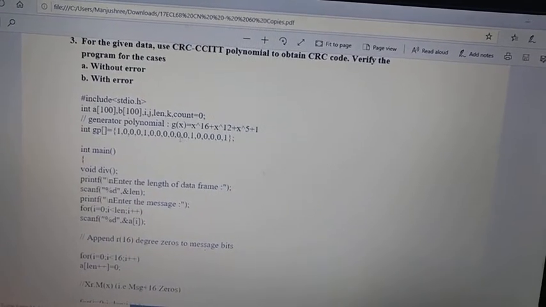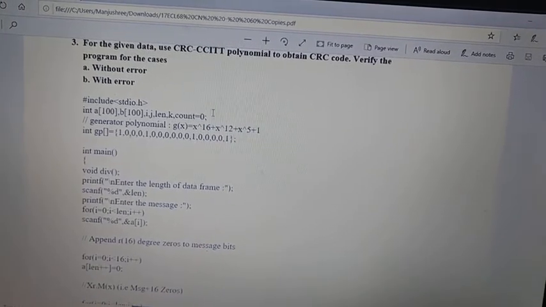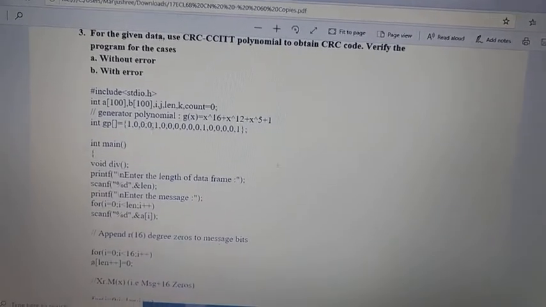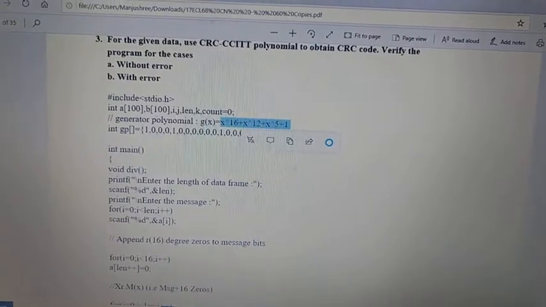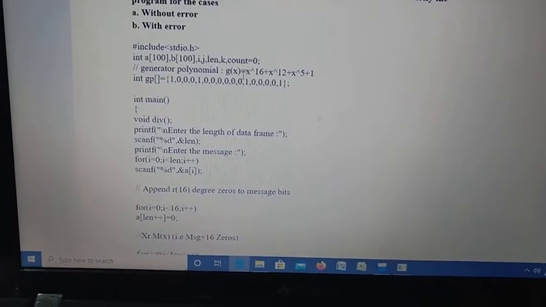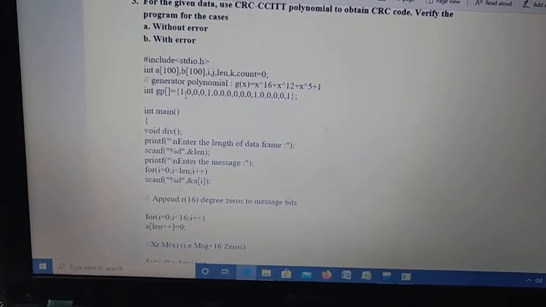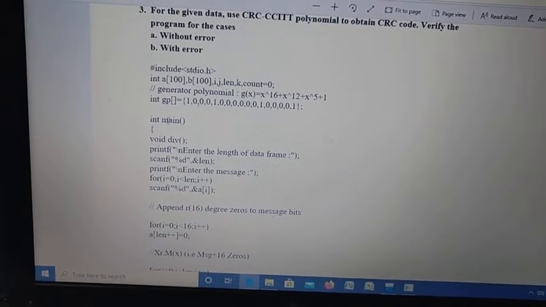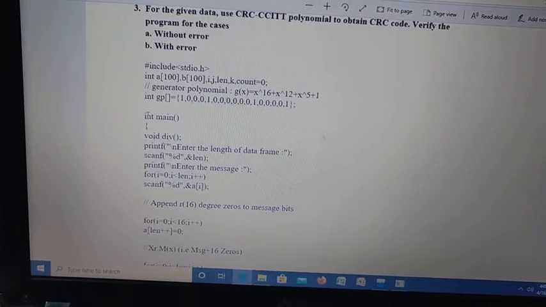Next after that 6, 7, 8, 9, 10, 11, 12. Since we have x^12 here, we have to put it 1. Next after that, x^16, we have to put it 1. So if I change the polynomial here as x^3 + 1, correspondingly these bits are going to change. So you can execute this for 17 bits also, no problem, or for 4 bits also, 5 bits also, your wish. Next, all these bits are stored in an array GP and it is declared as an integer type.